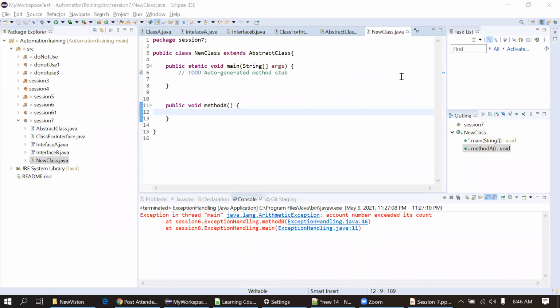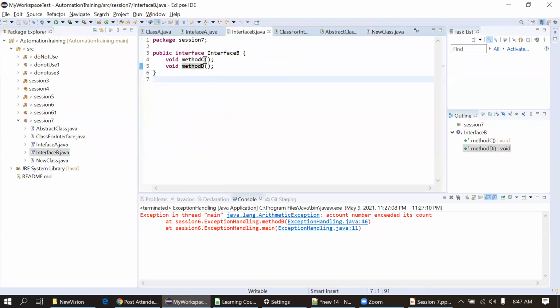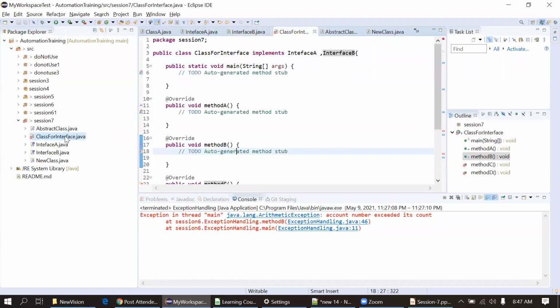Okay, Shubham is asking, please change the method names to A and B instead of C and D. Okay, interface B. Okay, we'll make it A and B. So this is interface A having methods A and B, and interface B having the same methods, A and B. So okay, I'm using this class for the interface.